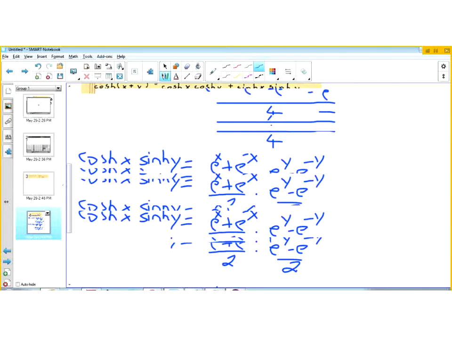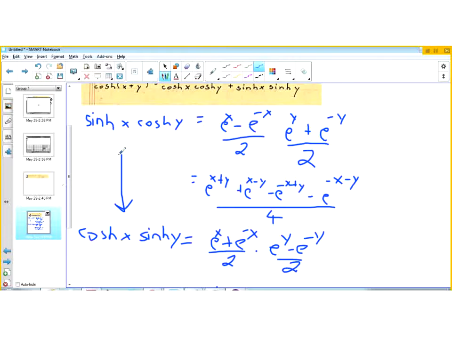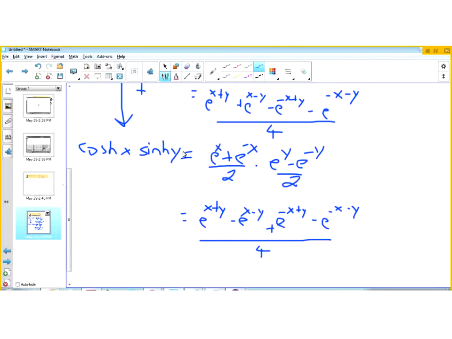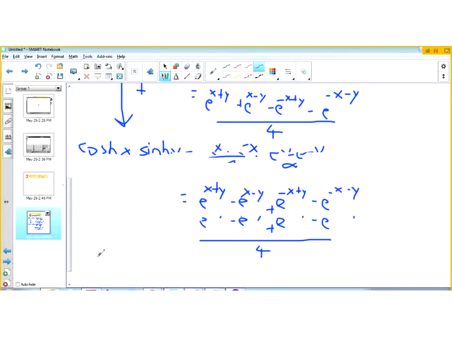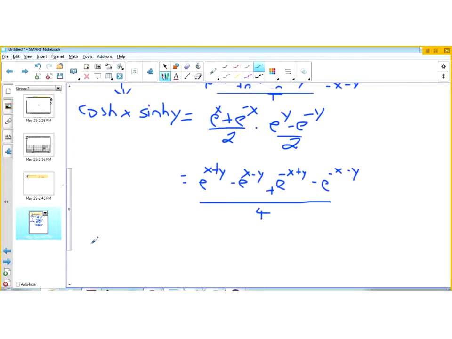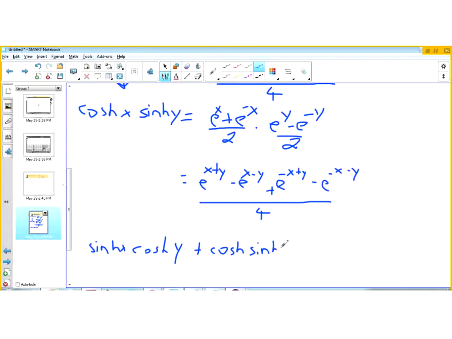And now all we do next is take these two terms and add them. The screen is kind of scrolling, so let me extend the page. So we have sinh x cosh y plus cosh x sinh y. That would equal to,